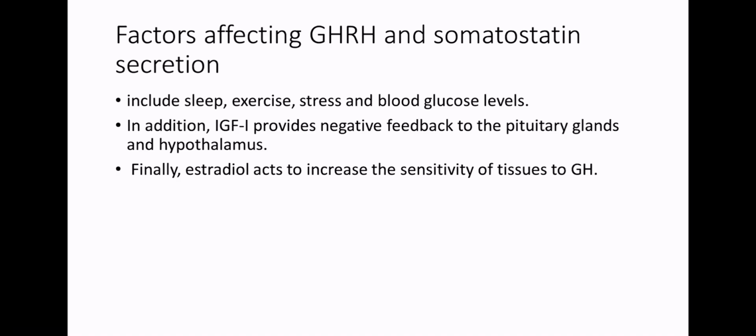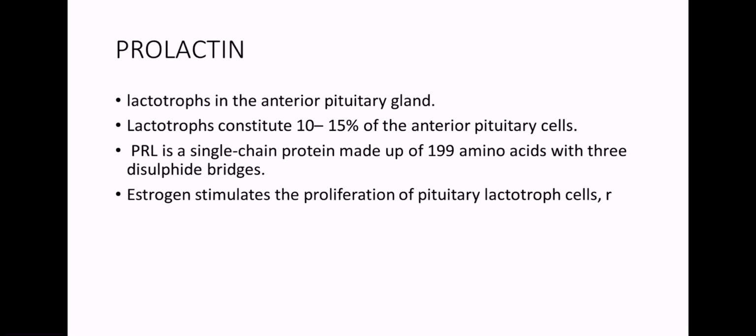Now going on to prolactin, it is produced and secreted by the lactotrophs in the anterior pituitary and it constitutes about 10 to 15% of the anterior pituitary cells. It is a single chain protein made up of 199 amino acids with 3 disulfide bridges, whereas when we discussed the growth hormone, it was about 191 amino acids. So estrogen stimulates the proliferation of the pituitary lactotrophs, resulting in an increased quantity of these cells, especially during pregnancy. So coming on to the next slide,